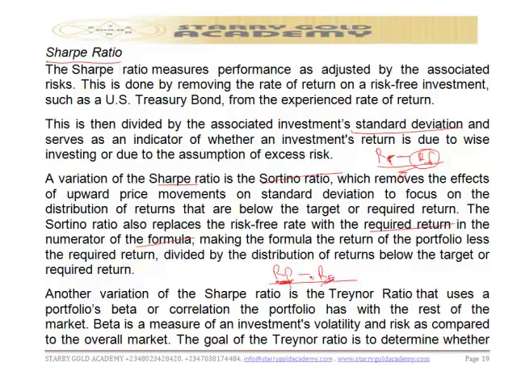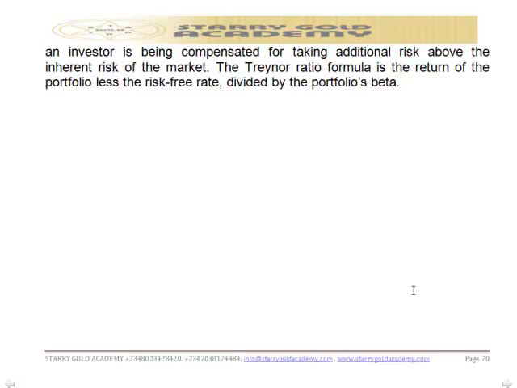Another variation of Sharpe is the Treynor ratio. The Treynor ratio uses a portfolio beta, or the correlation of the portfolio with the rest of the market. Beta is a measure of investment volatility and risk as compared with the overall market. The goal of the Treynor ratio is to determine whether an investor is being compensated for taking additional risk above the inherent risk in the market. So the Treynor formula is the return of the portfolio